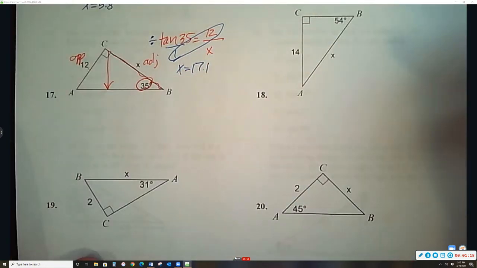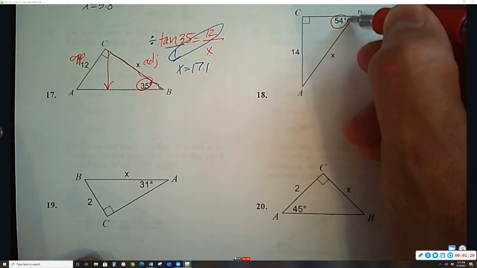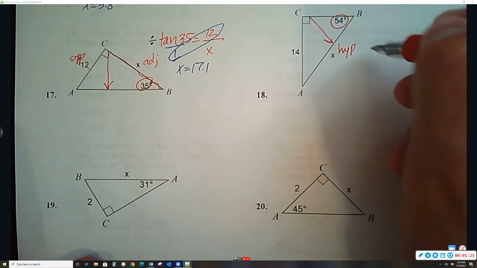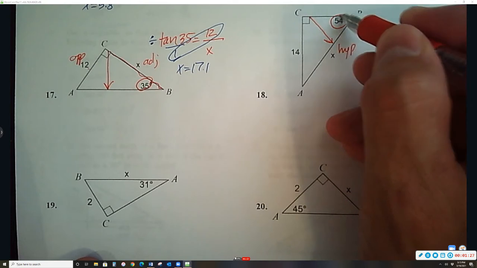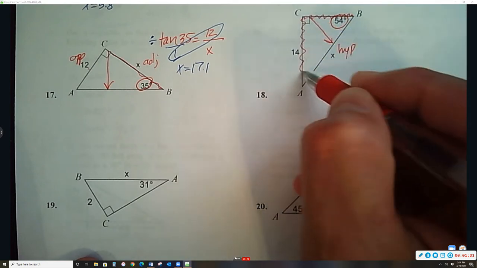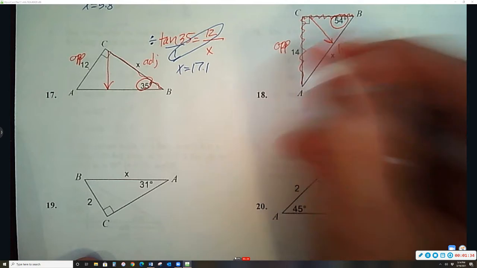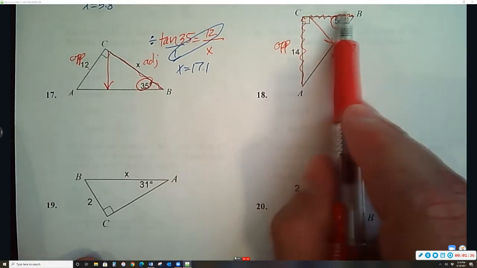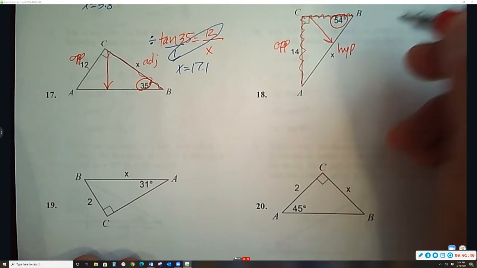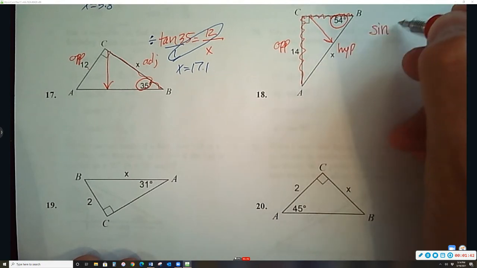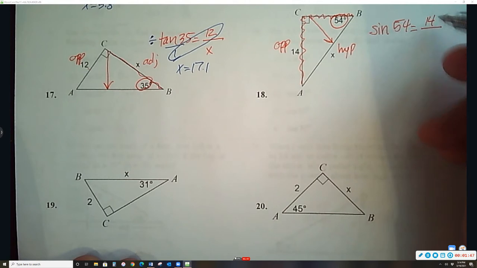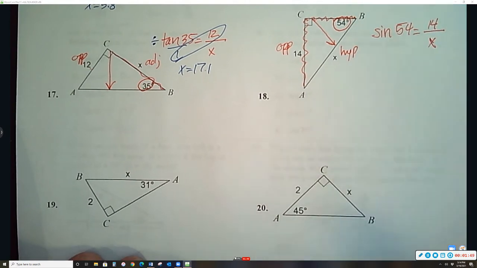Let's come over here to this one. Here's the acute angle. Here's the hypotenuse. We do have something there, so I'm going to write it in. And then this would be the adjacent leg because it's next to 54. So that means this is the opposite leg. And again, I don't write adjacent here because there's no information there. So since I have opposite and hypotenuse, that's the sine ratio. So I know sine of this angle is equal to the ratio of the opposite leg over the hypotenuse